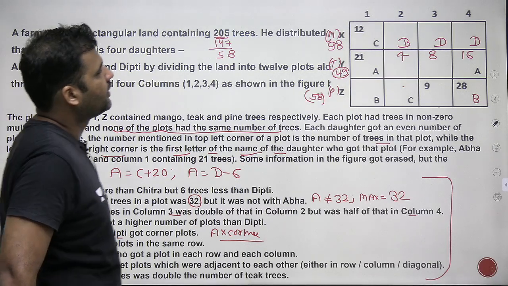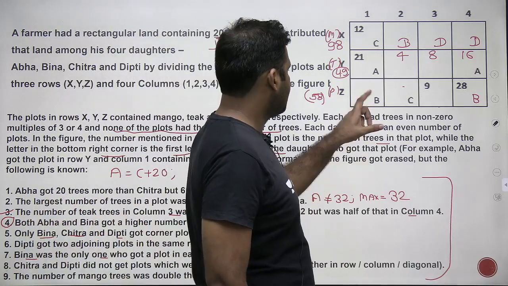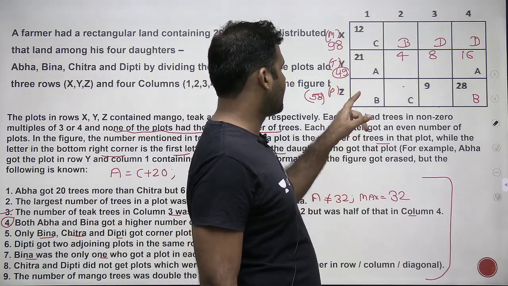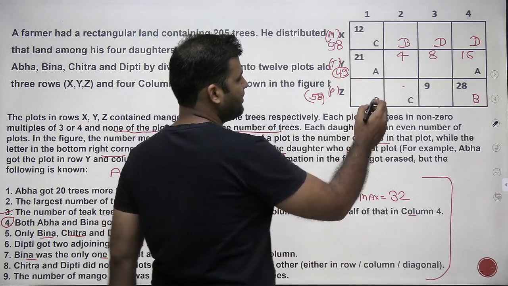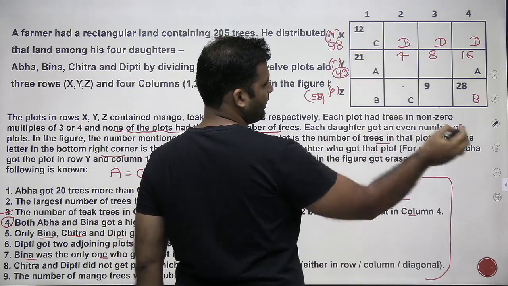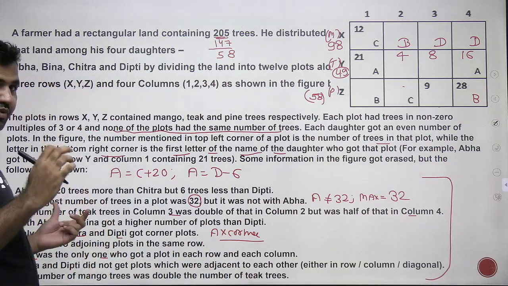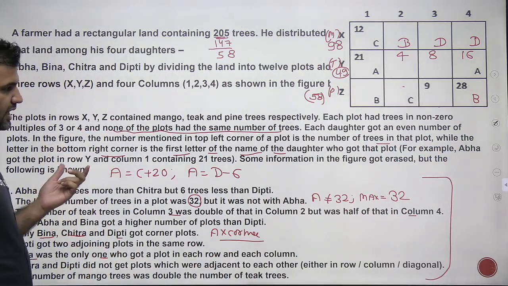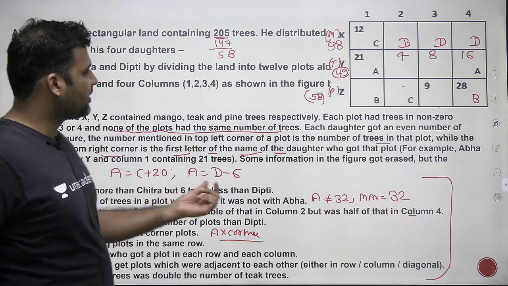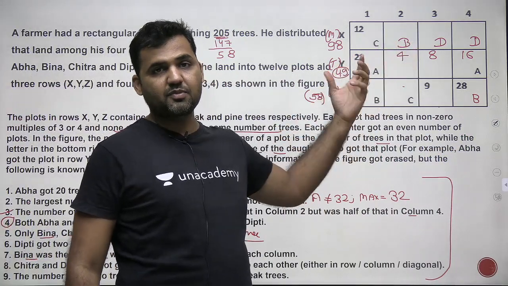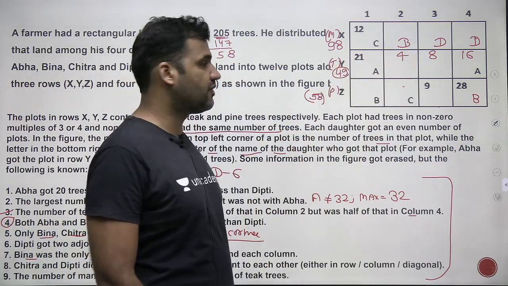All right. So, guys, yes, there's a point here we can use. If I'm taking a value of 32 here, we have missed one piece of information. That's a point you all need to take care of: every number that I'm putting in any of these cells must be a multiple of 3 and 4. We have not used this information.